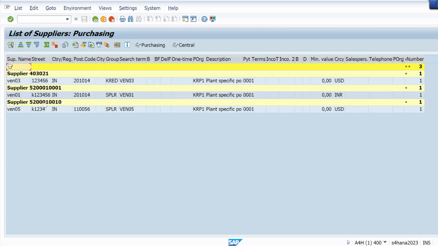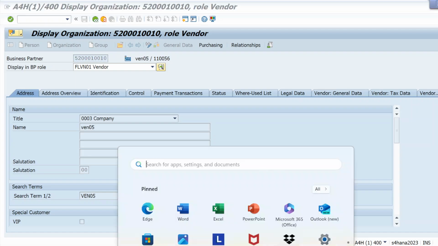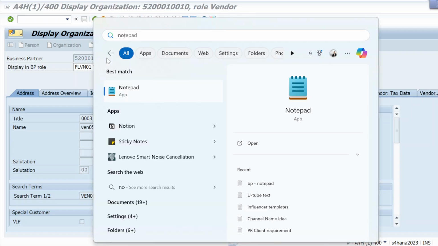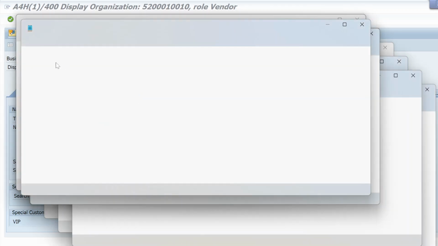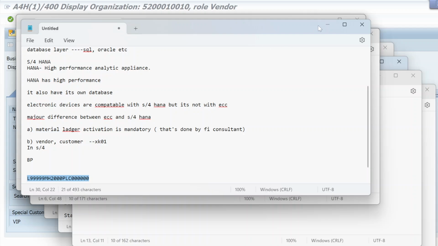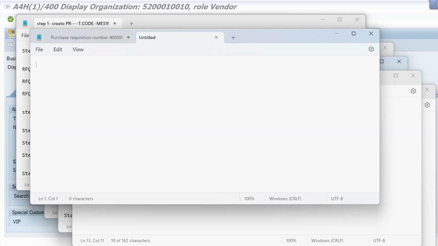This is my supplier, this is my BP number, business partner number. Let me double click here, and if I want to copy this, I can copy it. Let me copy this in notepad. So this is my BP number.